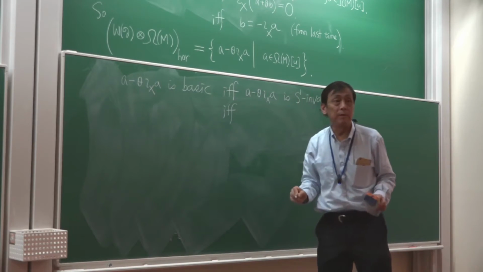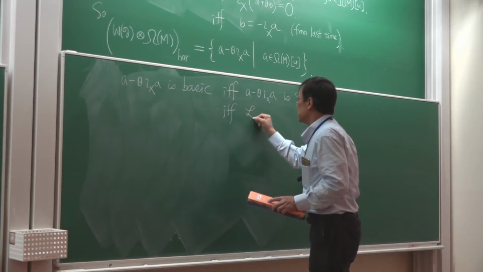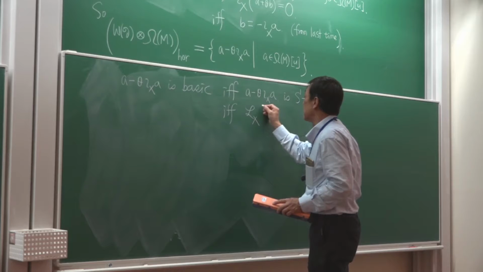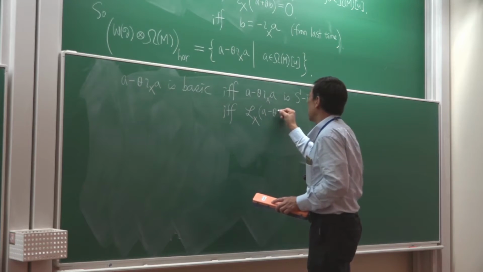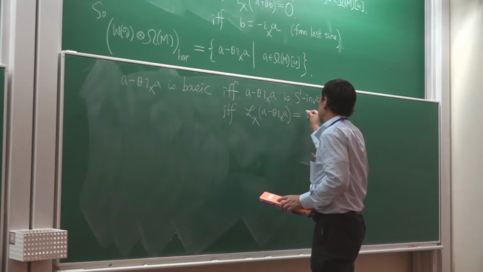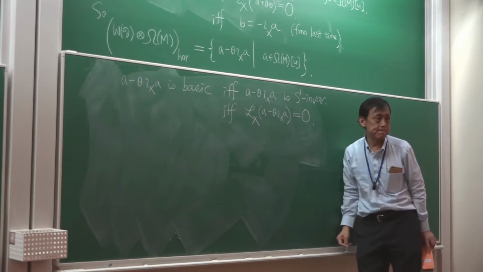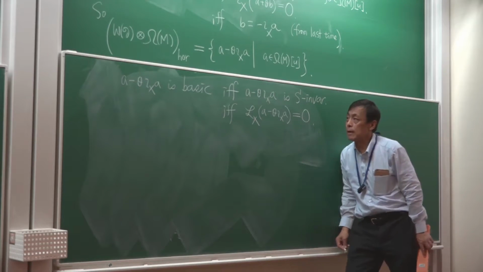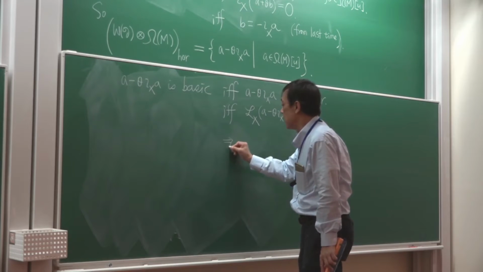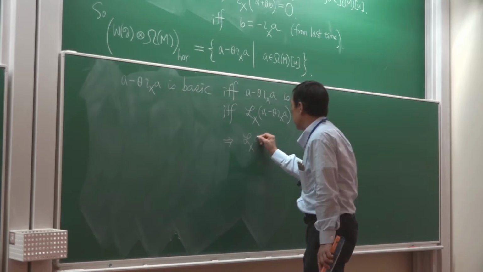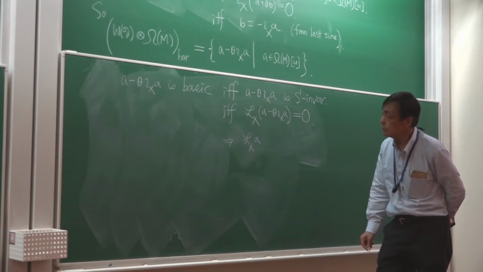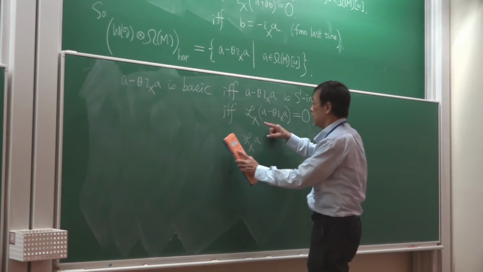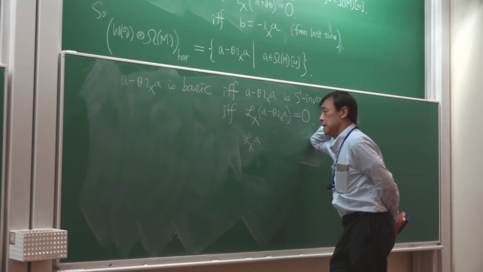And it's S1 invariant if and only if the Lie derivative is equal to 0. Okay, and so this implies that L_X A, now, okay, this is equal to L_X A, and then,